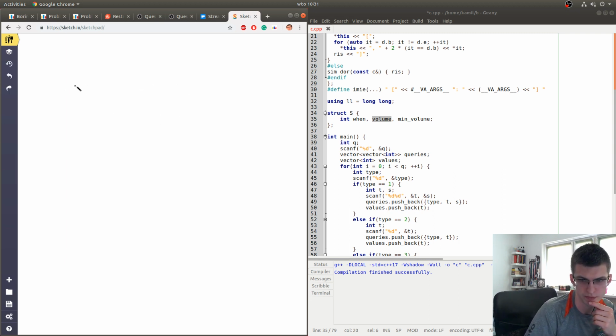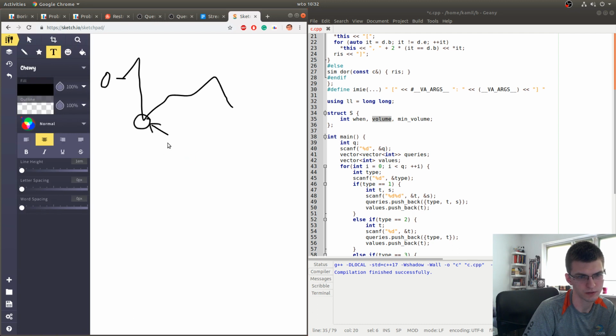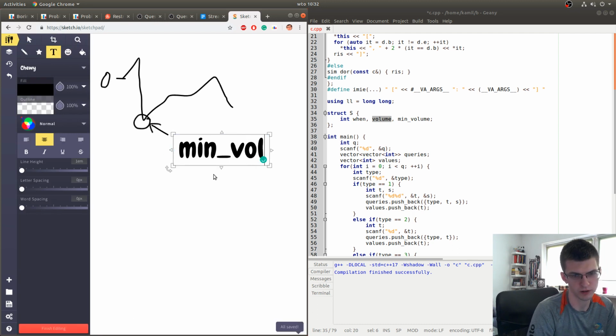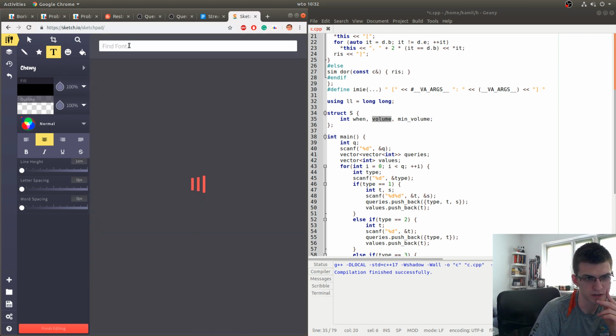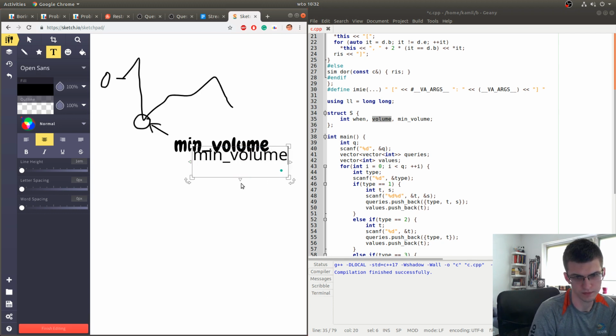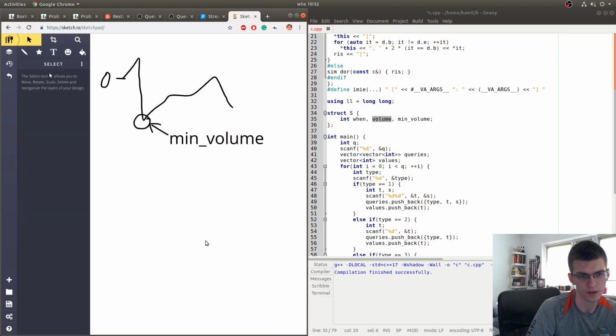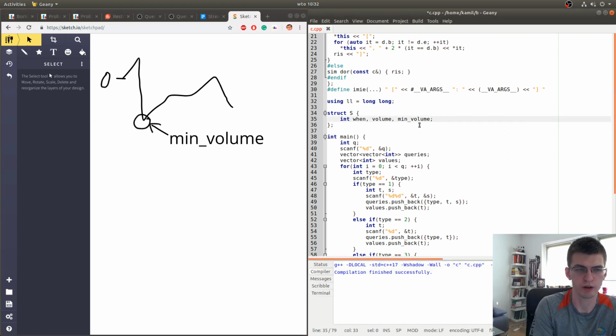Okay, so every segment represents a linear function, and for such a segment, here will be that minimum volume. Here I assume we start from 0, and we say if we are allowed to go up and down, what is that minimum volume? So here we have minimum volume. Just please not this font. Okay, this is minimum volume, and given that, if we are in some node, we know whether we'll go below